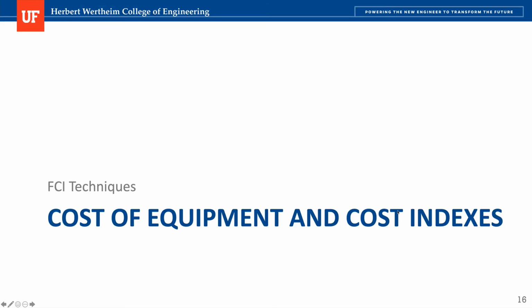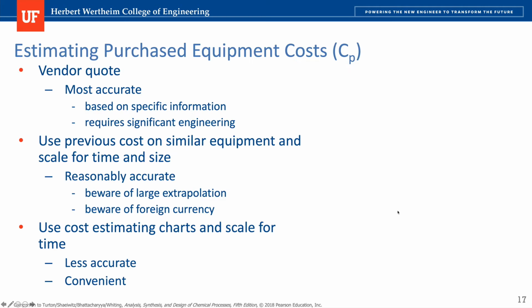So let's focus on costing equipment and cost of equipment and cost indexes. To estimate the purchase equipment cost, there are different ways to do this. The best way is actually to ask for a quote from a vendor. If you can do that, just do it. It's the most accurate way to get the equipment cost from the manufacturer, based on specific information for that